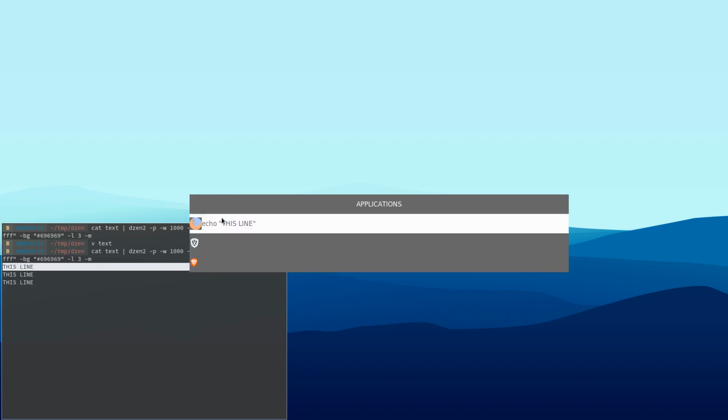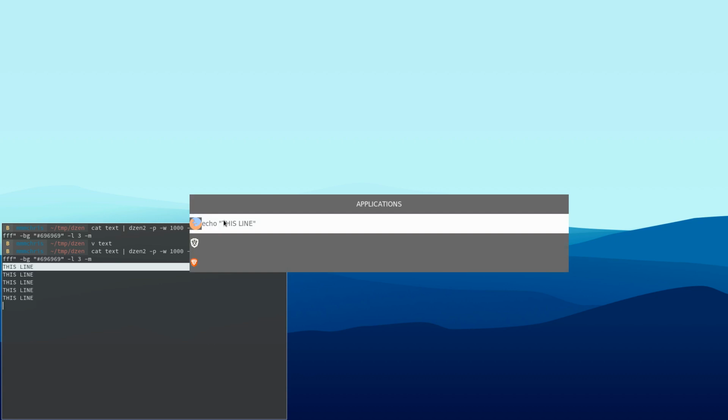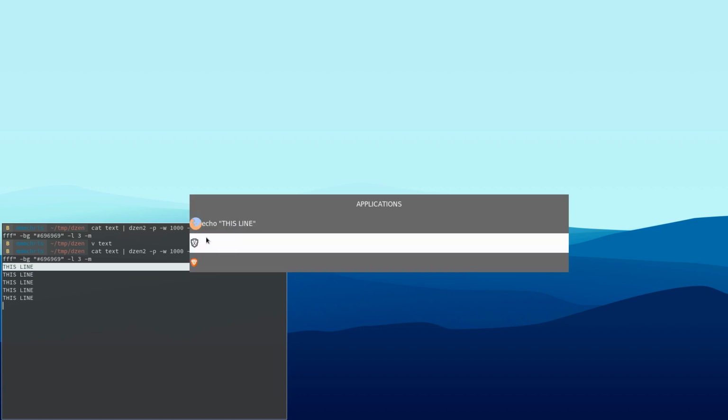Say that we want to run Firefox. We would have to put Firefox right after. I don't have it installed, but we'd put the text Firefox following it, and then it would be passed to the shell, and it would run Firefox. But if you just want certain text to be clickable, like an icon, and then you click the icon and it runs some command,